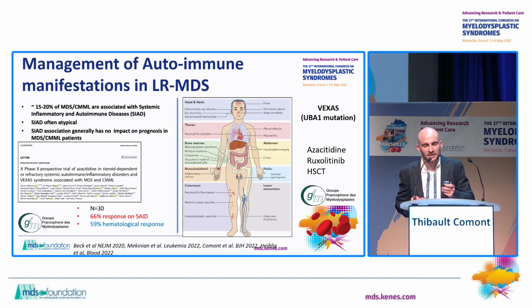The pathophysiology of this disease is still poorly understood, but we know that the prognosis is poor, and the treatment is a real concern for these patients. The French group of myelodysplastic syndrome and the French VEXAS study group showed very interesting results with azacitidine in this setting, but also with JAK inhibitors such as ruxolitinib. And in case of refractory symptoms, or in case of higher-risk MDS, we can consider hematopoietic stem cell transplantation.